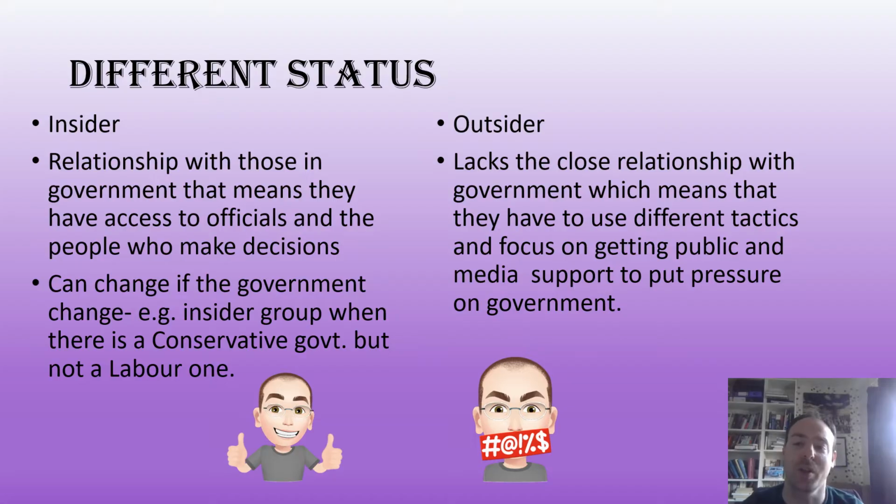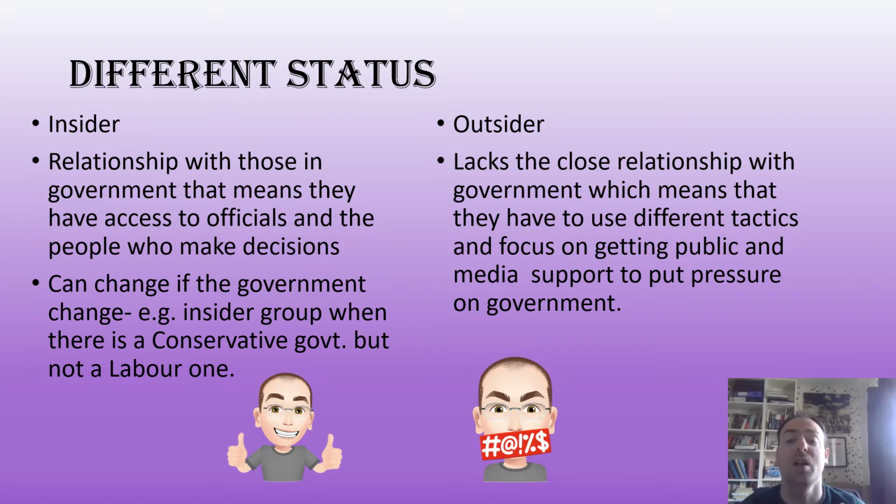Now, the outsider groups lack that close relationship with the government, and that means they often have to use different tactics, because they aren't going to get lots of sit-down meetings with ministers and leading civil servants. So they're going to have to use different tactics. And those different tactics might be things like public demonstrations. It might be